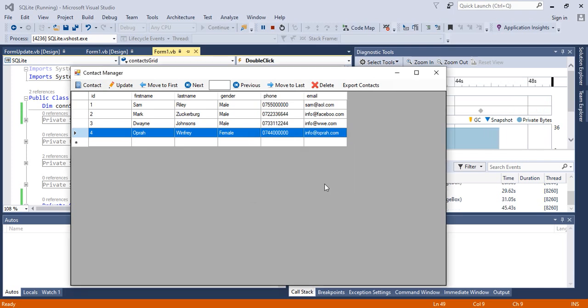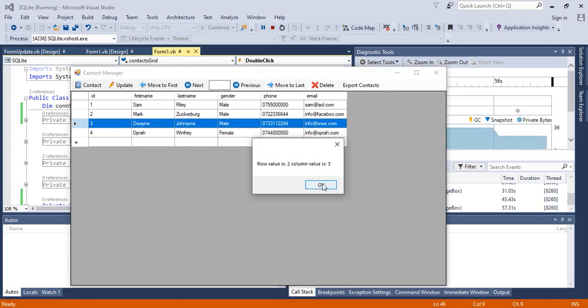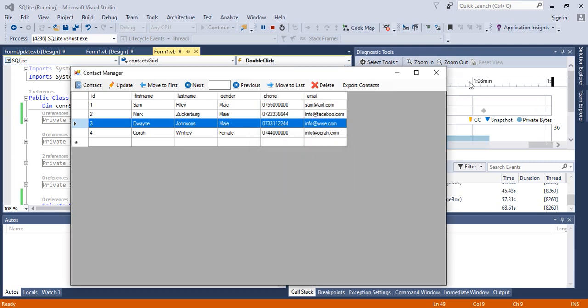So today we are going to learn how to retrieve data using the data reader in an SQLite database, such that when we double click on any row, the information for the ID will be captured and will display the data for that particular user on a form. So let's begin